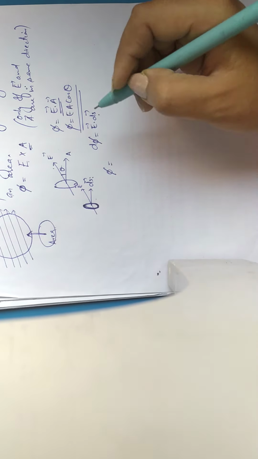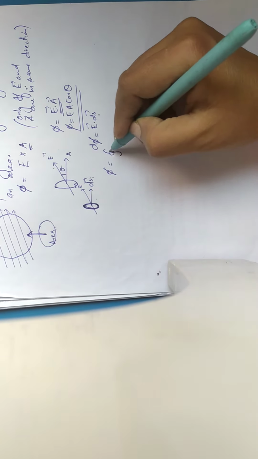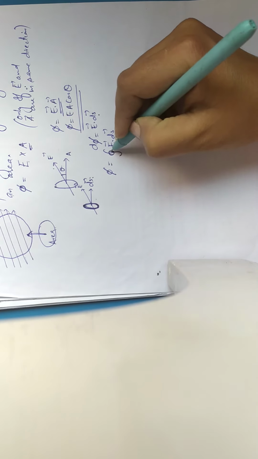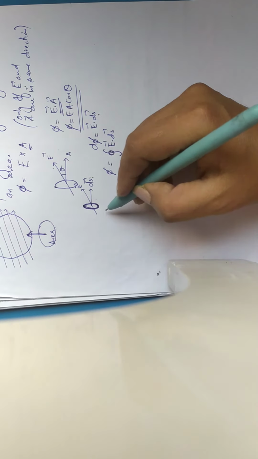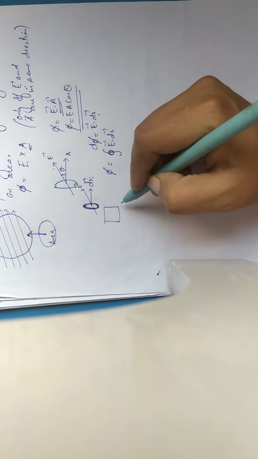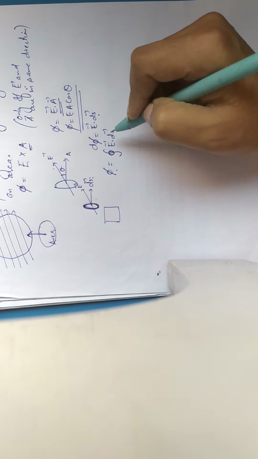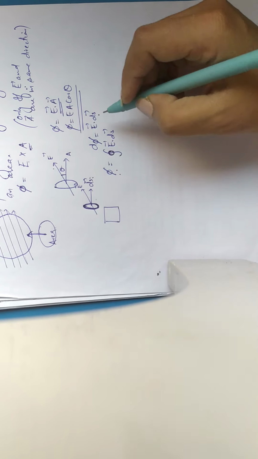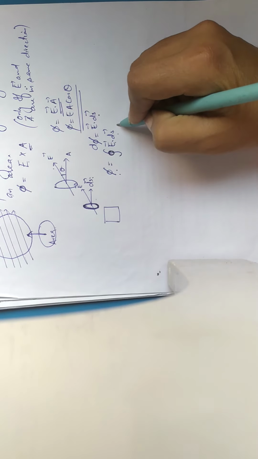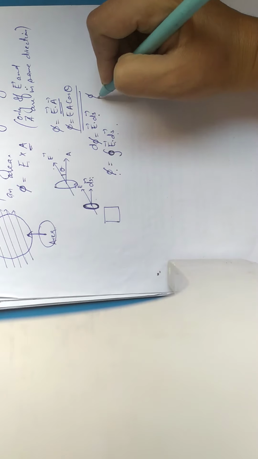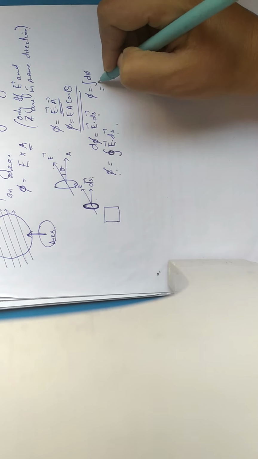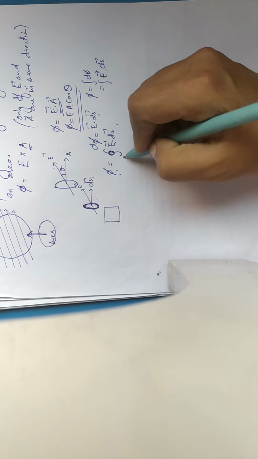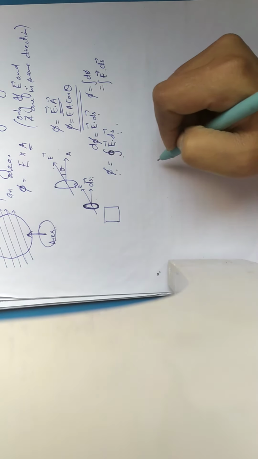Then the total electric flux is given by the integral of E vector dot ds vector. This circle represents integration over a closed surface. Any surface given to you will be a closed surface, so what is the flux passing through that closed surface? That is why the circle is here. So we calculate flux by the integral of d phi, that is the integral of E dot ds, and if it is through a closed surface, then we write this circle on the integral.